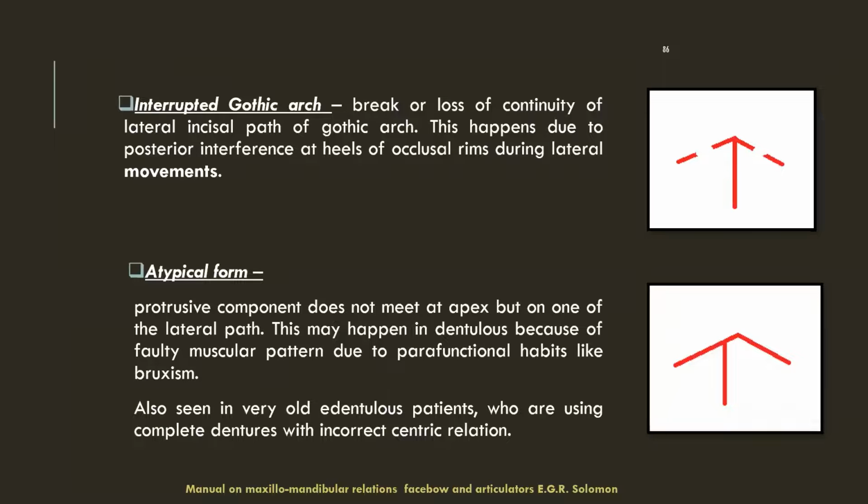The atypical form, in this form, the protrusive component does not meet at the apex, but at one of the lateral paths. This may happen in dentulous cases because of a faulty muscular pattern, which can be due to parafunctional habits like bruxism. It is also seen in very old edentulous patients who are using complete dentures with an